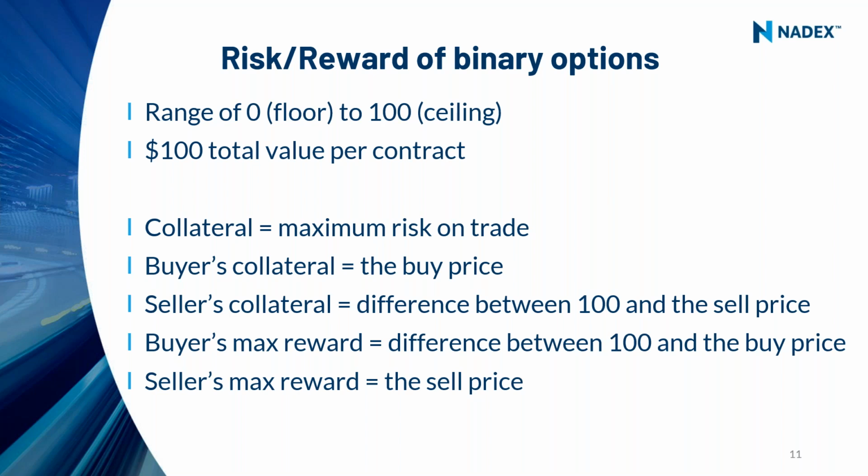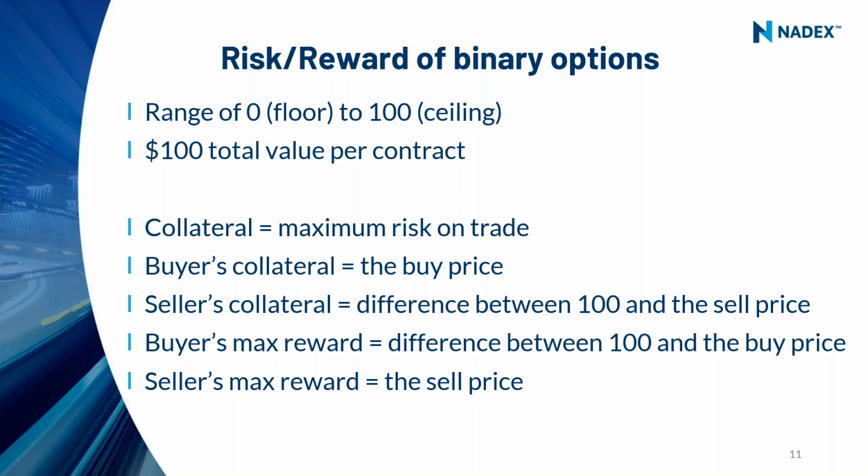Now, you can predict that it's not going to go higher. You actually have that choice to say, I think it's going to be false. Let's say there was a binary option trading at 30. You could sell it and say, I do not think it's going to go up and finish above that price. I think it's going to finish below that price. I could sell it at 30. I'm predicting that in the end it'll be false. If I sell it at 30, the most I can make, my maximum reward, is $30. I'm selling it at 30 and I'm hoping it goes to 0.